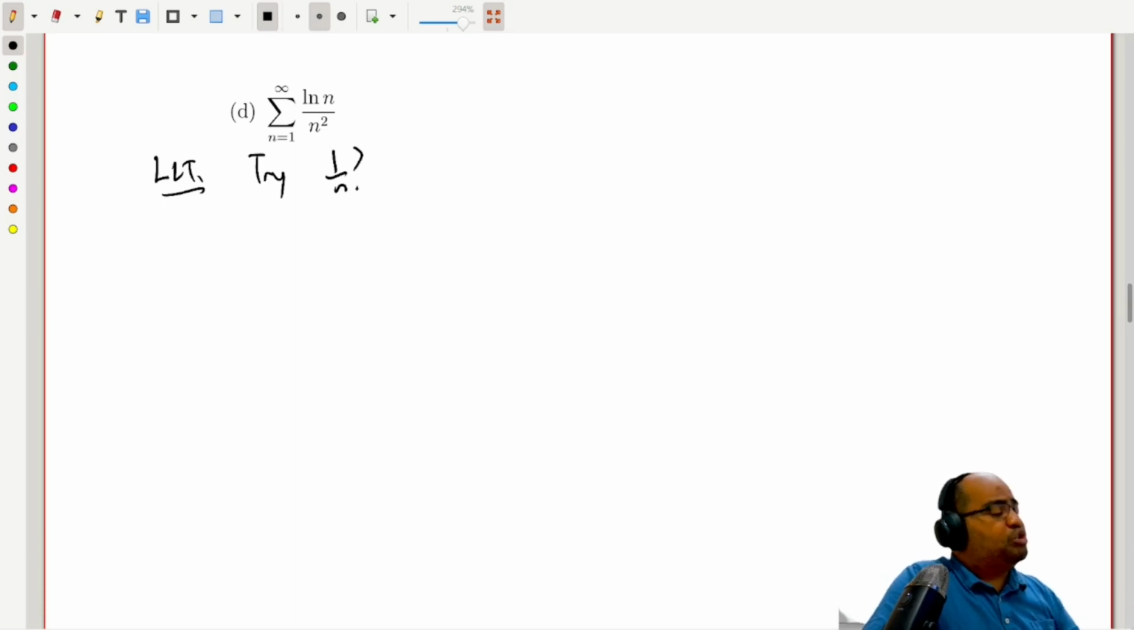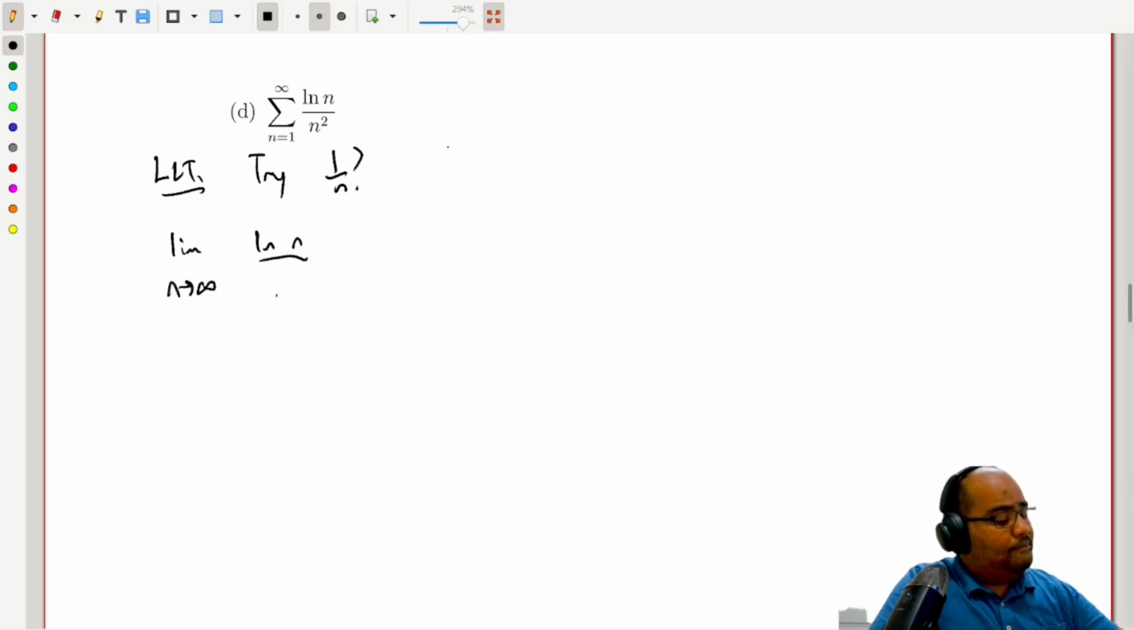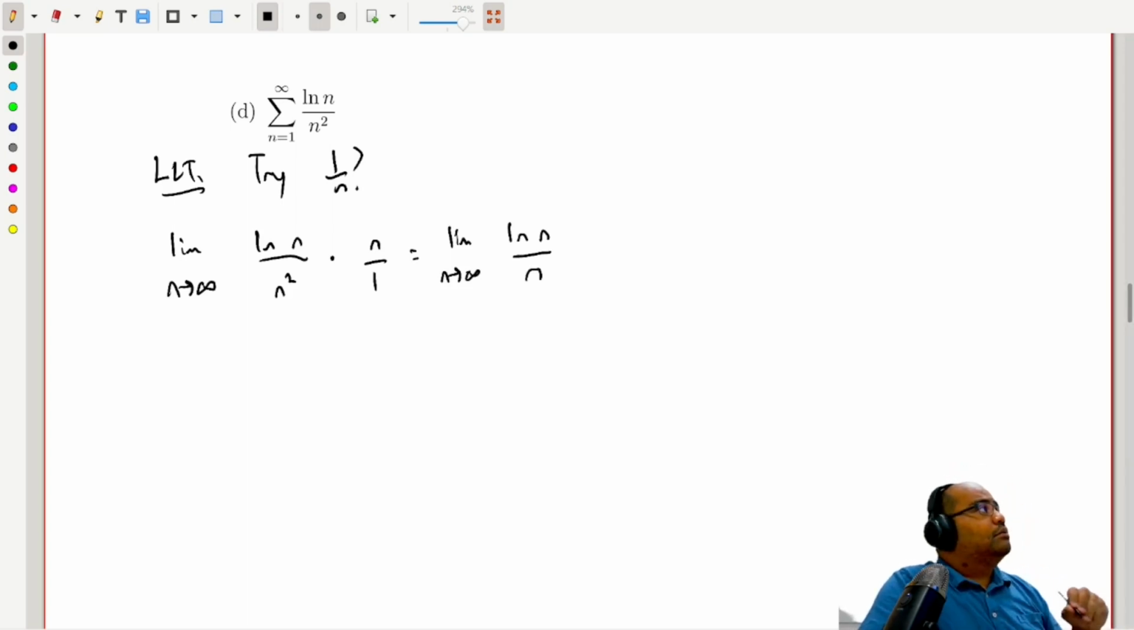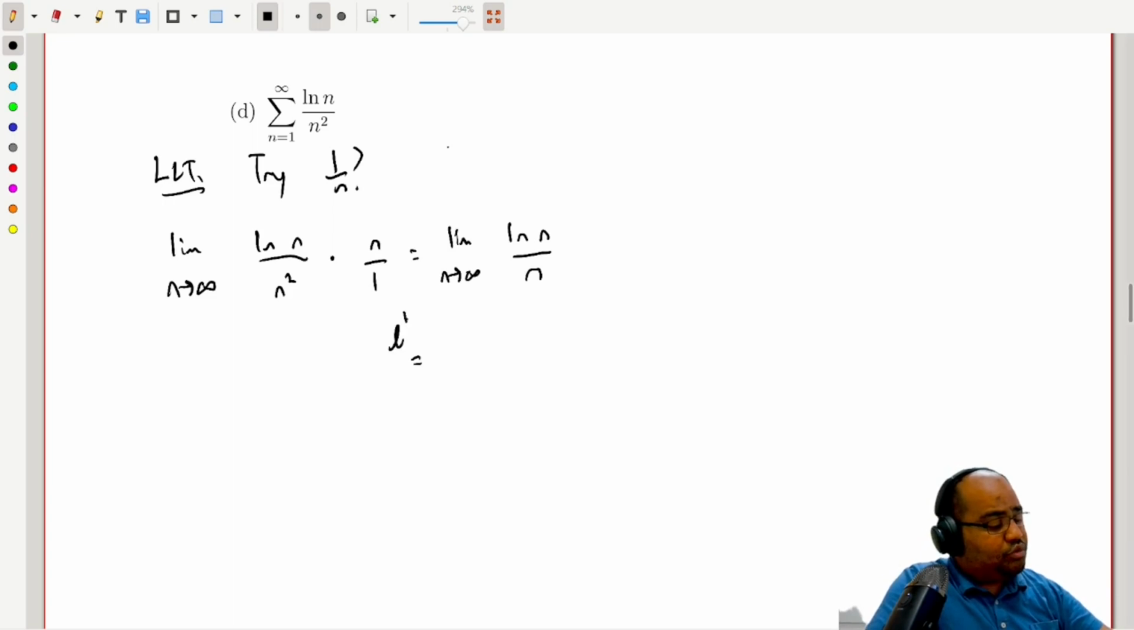Okay, well, if I compare it against 1 over n, we get the limit as n goes to infinity of log n over n squared times, now we multiply by the reciprocal, n over 1. Well, I can drop a factor of n. So we have the limit here as n goes to infinity of log n over n. Now if you're familiar with your limits, you have infinity over infinity, so you can use L'Hopital's rule. And so by L'Hopital's rule,